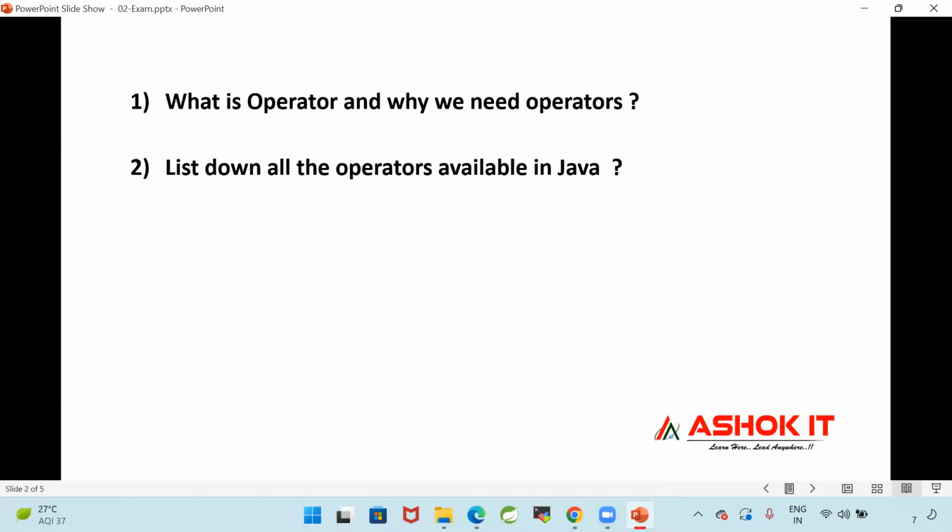There are 7 to 8 types of operators available in Java. We have to write down all of those.